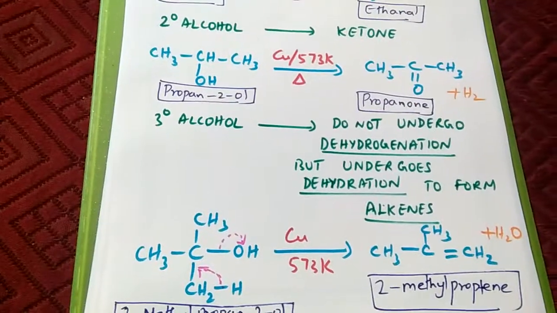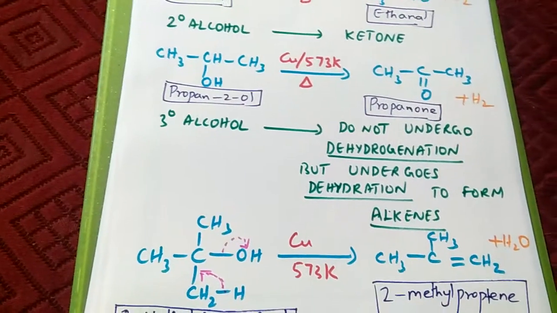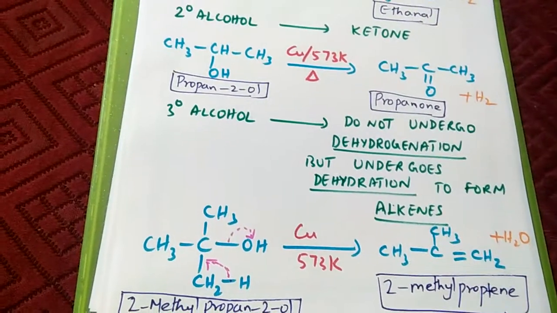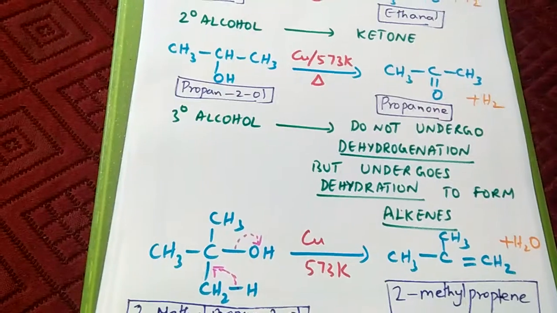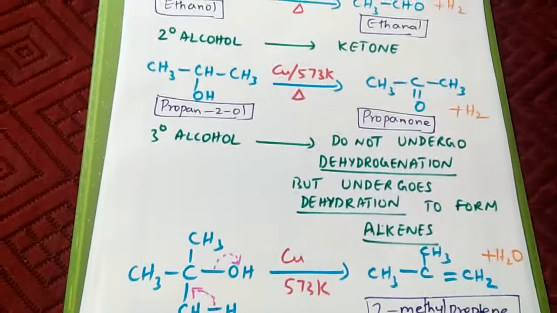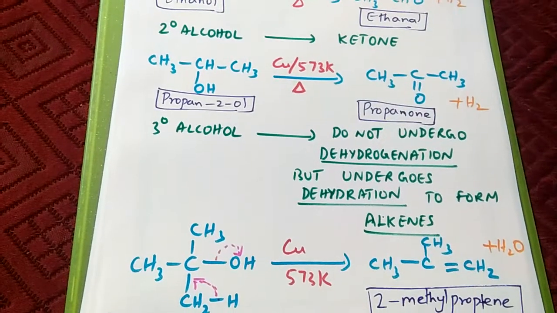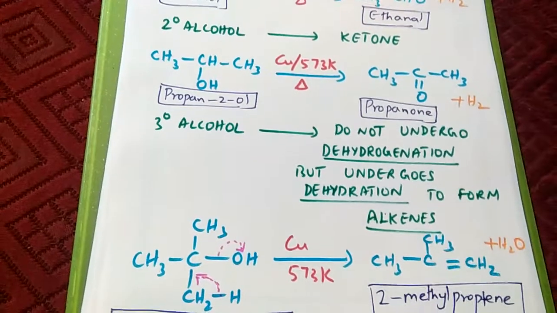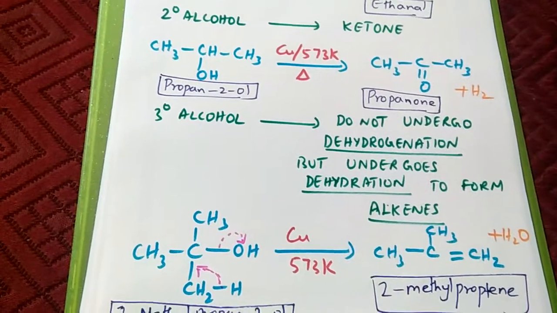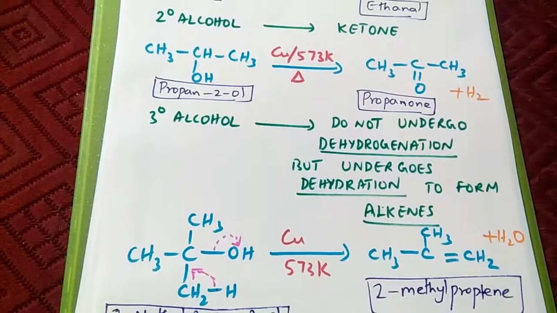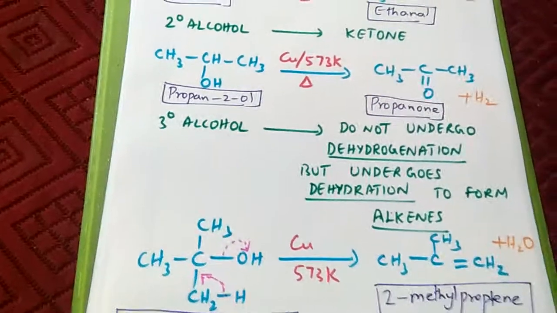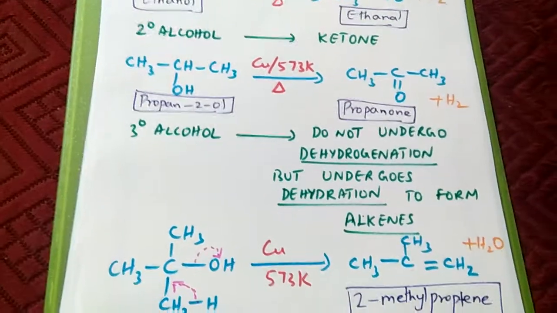So for these oxidation and catalytic dehydrogenation reactions, the products formed can be tested. For example, if the product is carboxylic acid, it can be tested by an effervescence test by adding sodium bicarbonate, or a litmus test could be done for that purpose. If you want to find out whether the product is aldehyde or ketone, you can also do tests. Tollens' test is there, Fehling's test is there, so you can find out whether the product formed is aldehyde or ketone, and using that you can find out what alcohol was taken in the test tube by having this oxidation and reduction reaction.